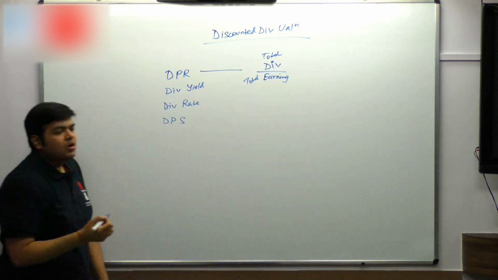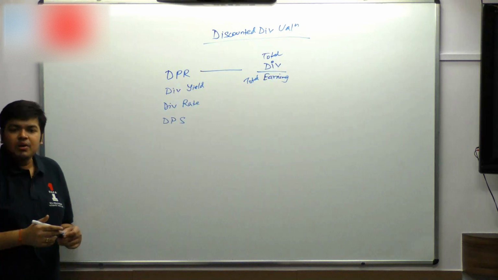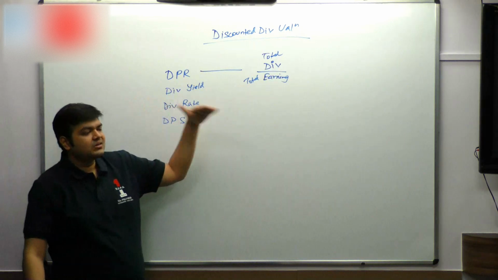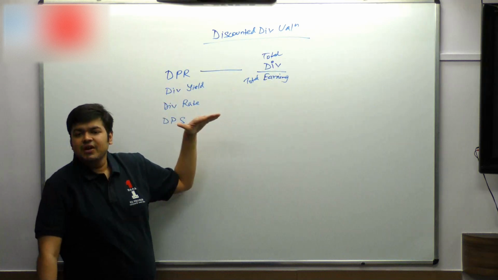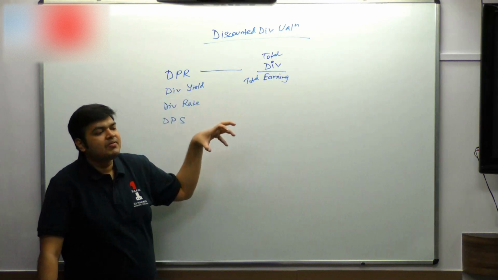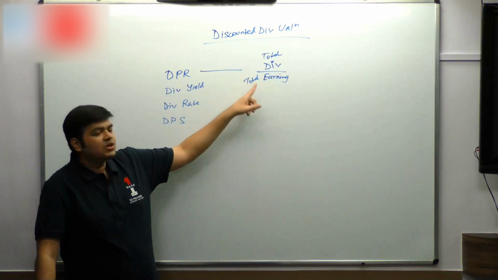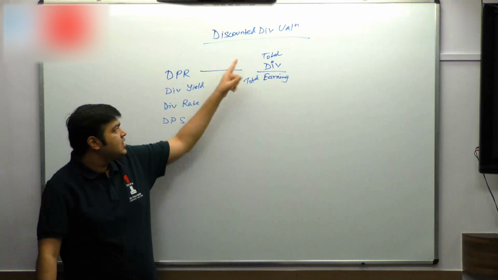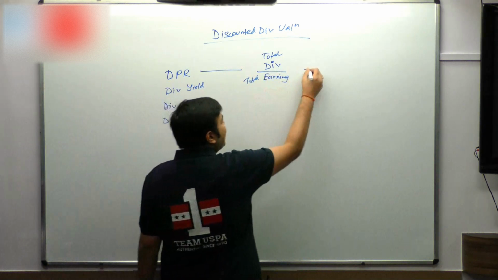When you're talking about total earnings, that's the total earnings available for equity shareholders. That is, interest has been deducted, tax has been deducted, your preference dividend has been deducted, and then whatever is available is the earnings available for equity shareholders. So total dividend by total earnings available for equity shareholders, which is the same as